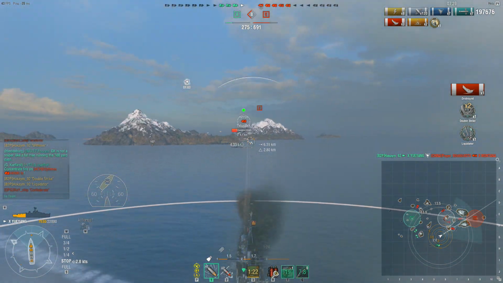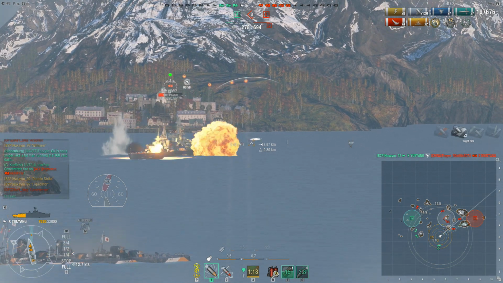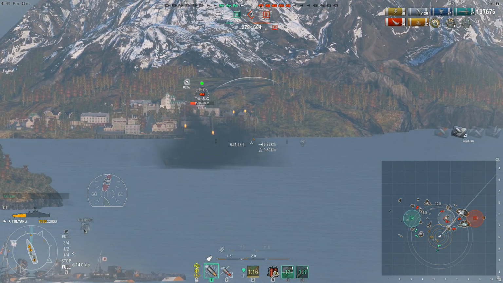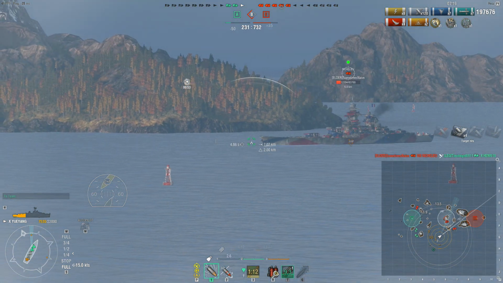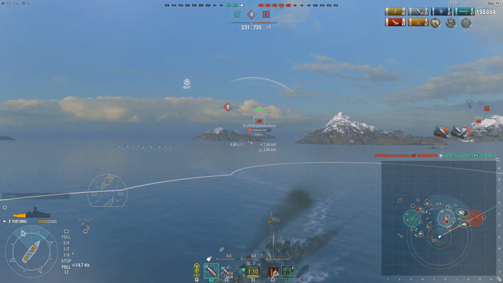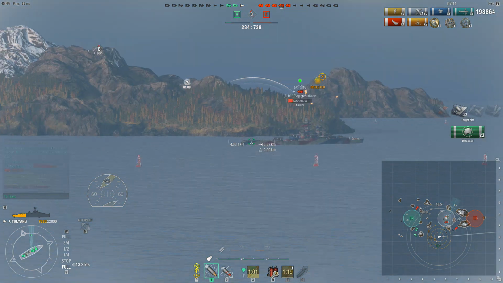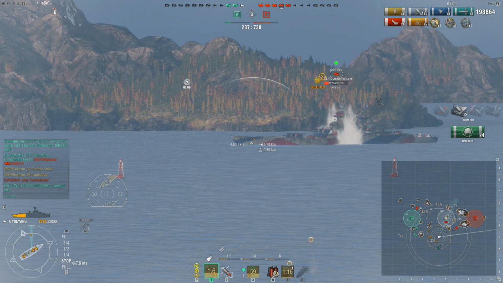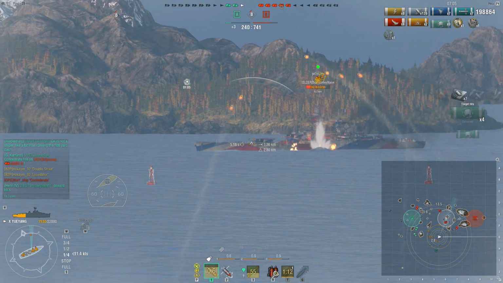There goes the enemy Montana. We earn Double Strike and Liquidator. He has been flooding this entire time, and I don't understand what was happening there, but we are now unofficially being radared by the enemy Moskva, and that's not really good. But fortunately for us,